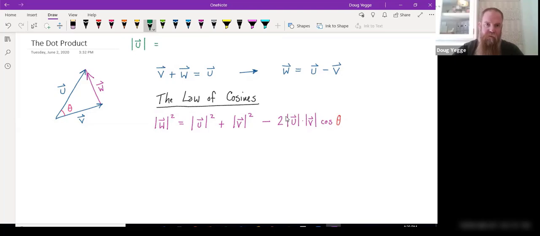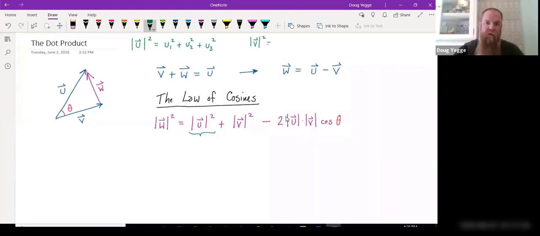So let's recognize that the magnitude of u squared is going to be u1 squared plus u2 squared plus u3 squared. I'm going to be able to replace that magnitude of u squared with those quantities in one second here. We'll also recognize that the magnitude of v